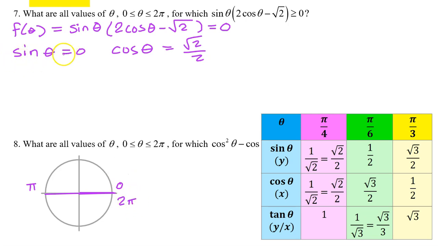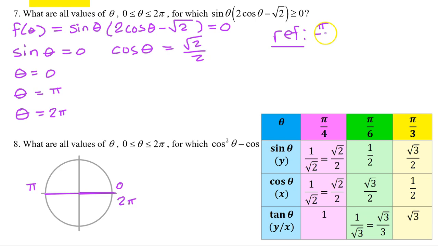So we have 3 solutions on the domain. We have theta is equal to 0, theta is equal to pi, and theta is equal to 2 pi. Now focus on the second equation. We can find the reference angle by asking the cosine of what angle is equal to radical 2 over 2. We have memorized that the cosine of pi over 4 is radical 2 over 2, so pi over 4 is